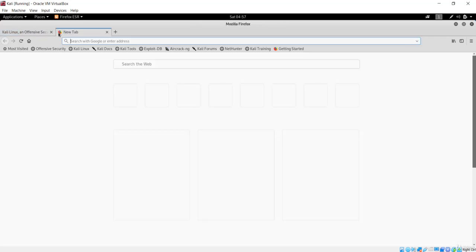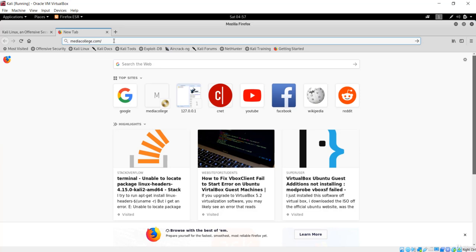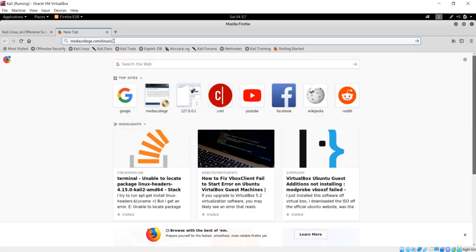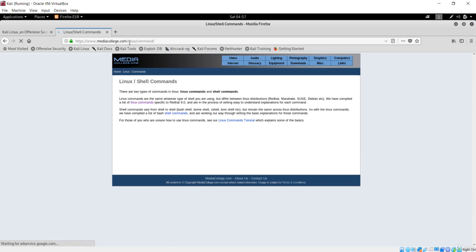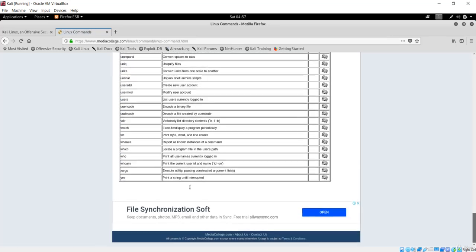I want to go to this Media College website and type Linux. After that, type command, not commands, it should be only command, and if I go over here and list all of these Linux commands, you'll see the list of Linux commands.